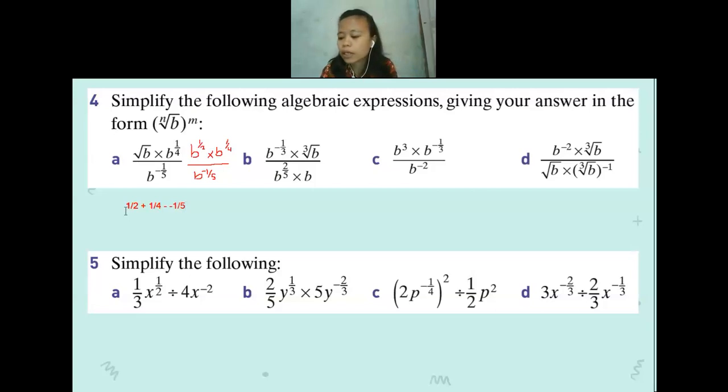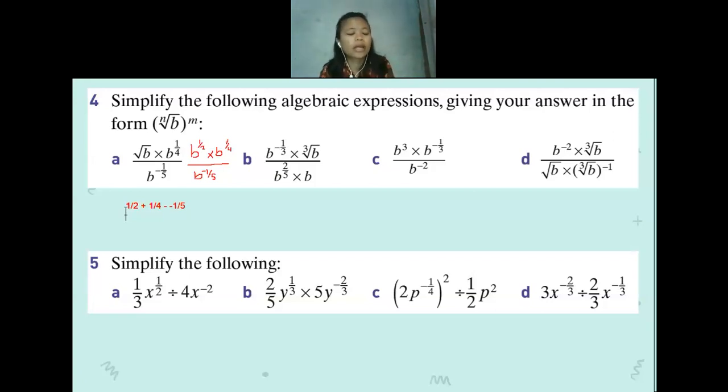The denominator, anyone can help me? Brandon, maybe 1/2, 1/5, 1/4. I can make everything into out of how many? Brandon, are you still there? Brandon? No, Brandon is not there. Kelly, maybe? Can you help me to find what denominator should I use for 1 per 2, 1 per 4, and 1 per 5?